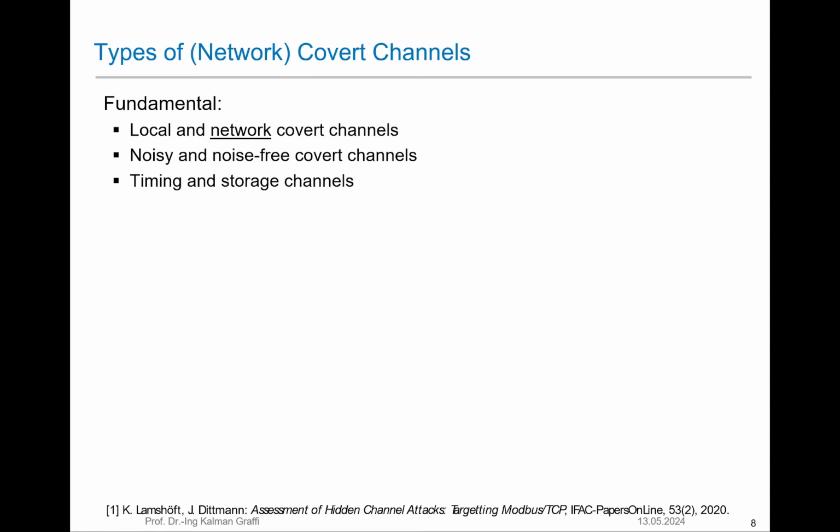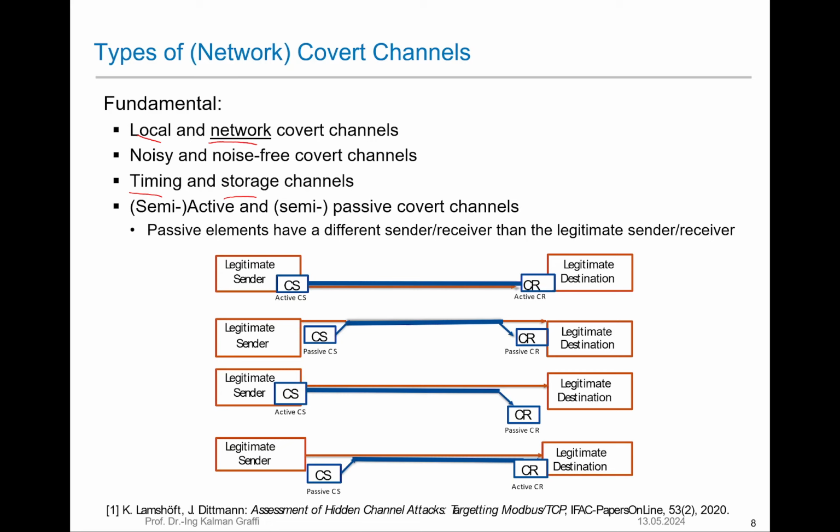And we can have various kinds of networks where this is applied. It can be local and network-wide covert channels. It can be noisy and noise-free covert channels. And we can have issues with timing and storage. We will look into this. And we also have semi-active or semi-passive covert channels. Basically, the question is